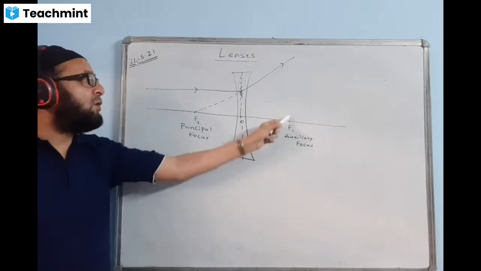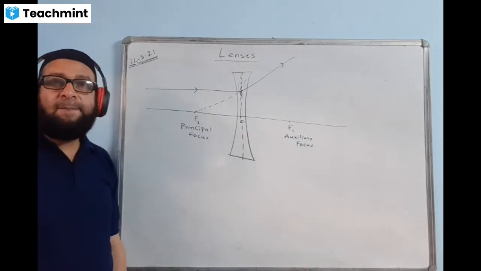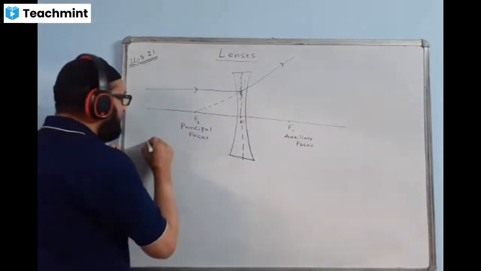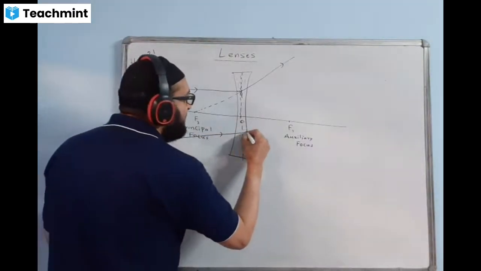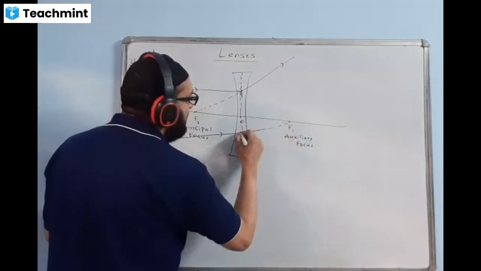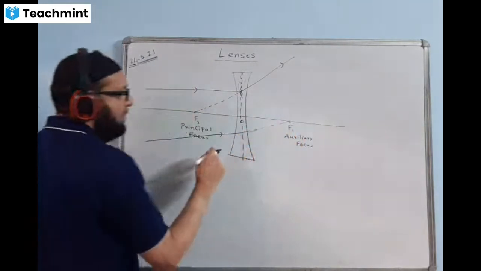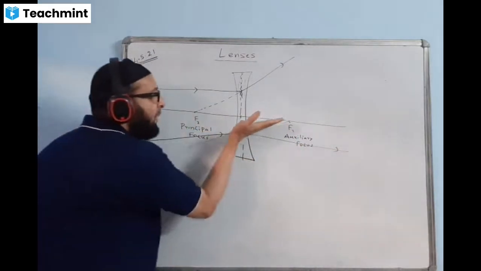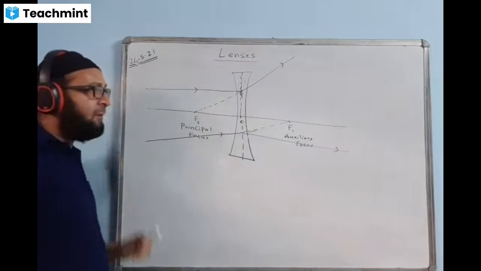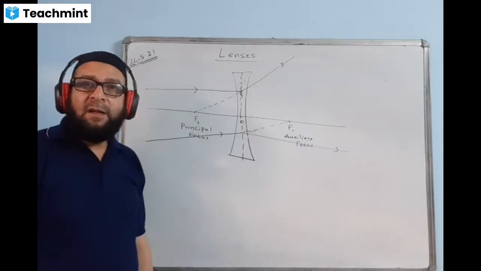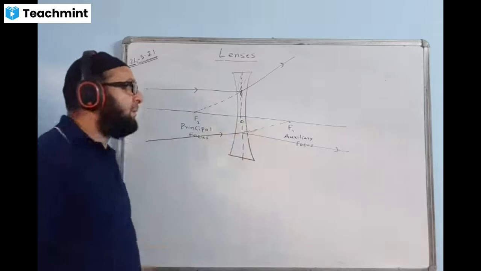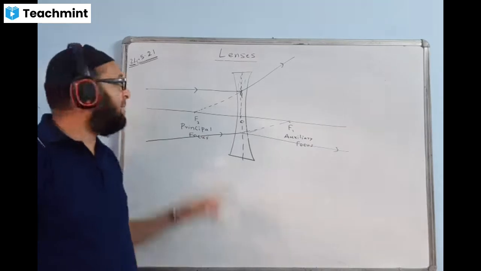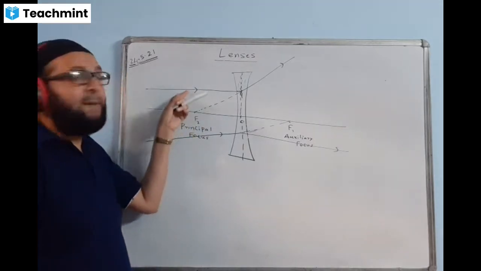And what is the property related to the auxiliary focus? The auxiliary focus will make the ray parallel, just like the previous one we did. So if a ray is coming like this, as if it is appearing to pass through this point, then the ray will become parallel. An incident ray which is appearing to pass through F1, the dotted line, after refraction from the lens will become parallel to the principal axis. That means the auxiliary focus makes the ray parallel,